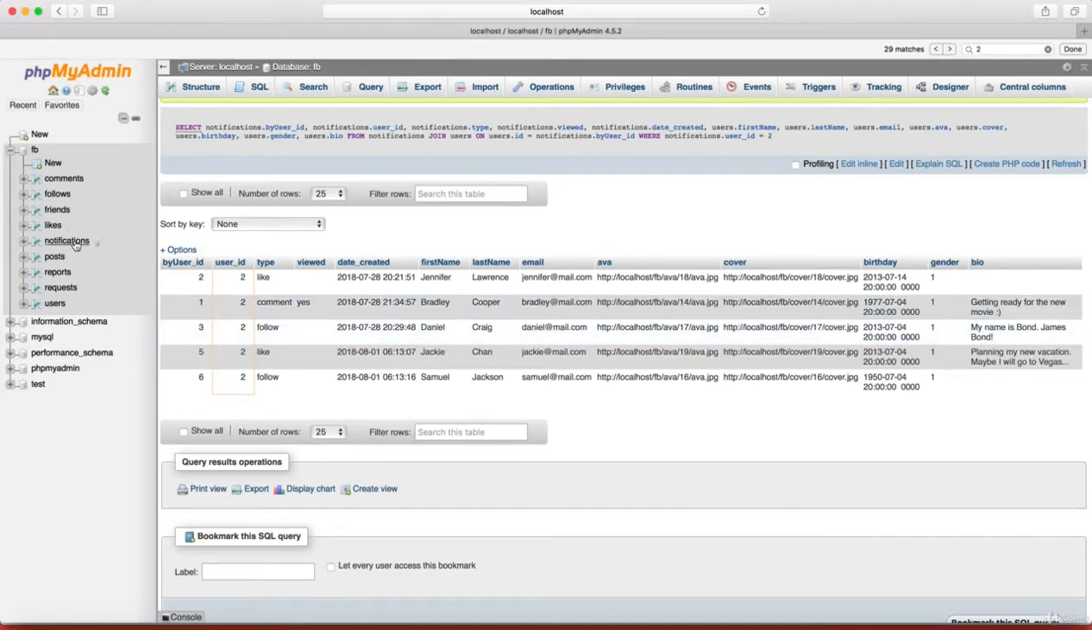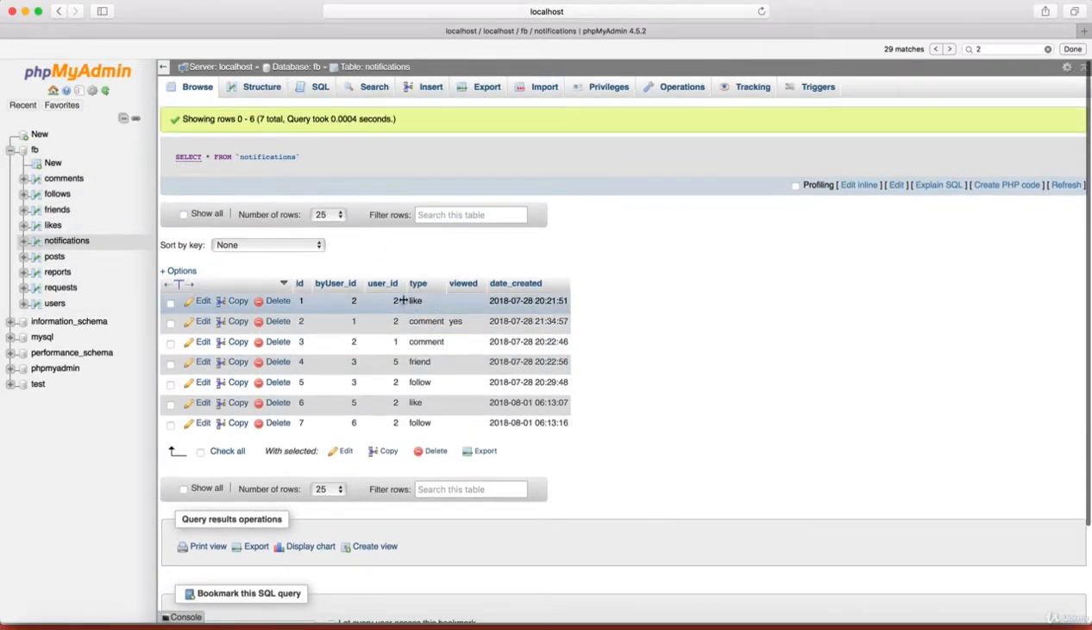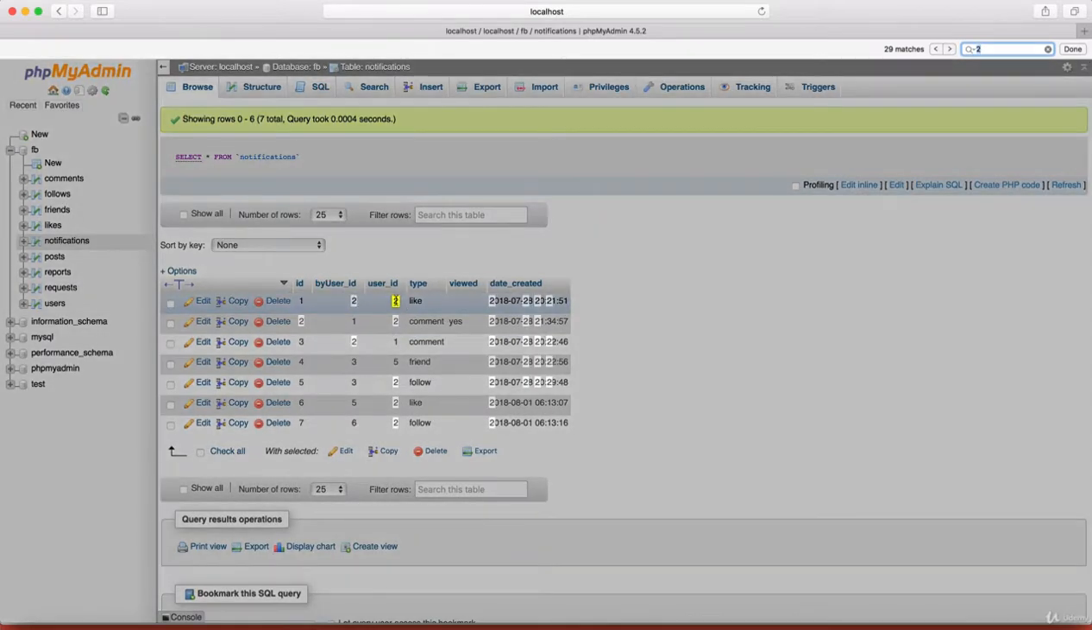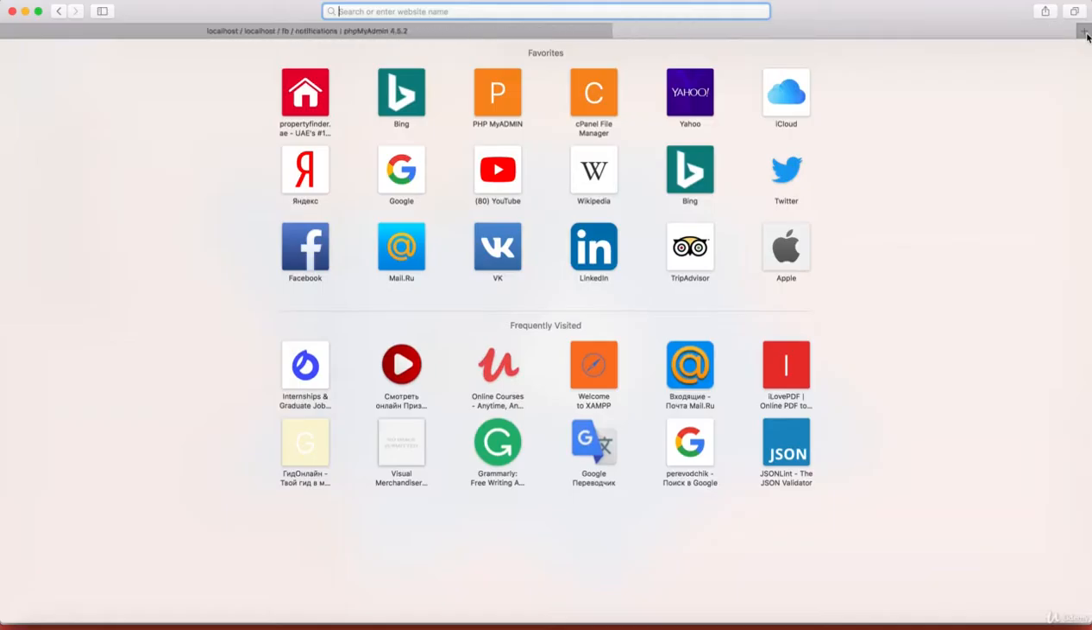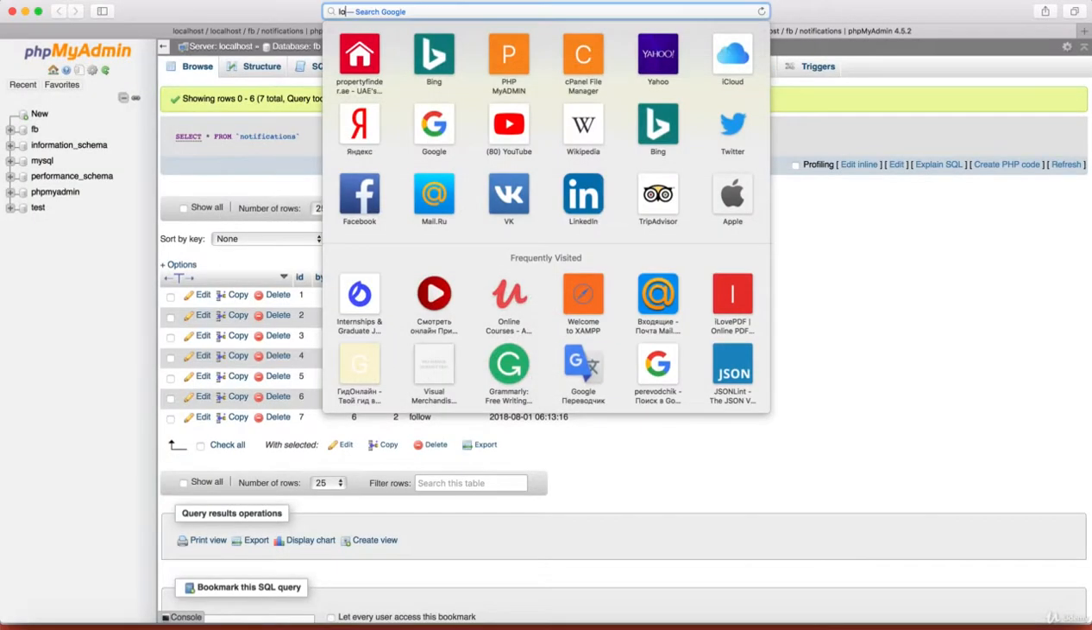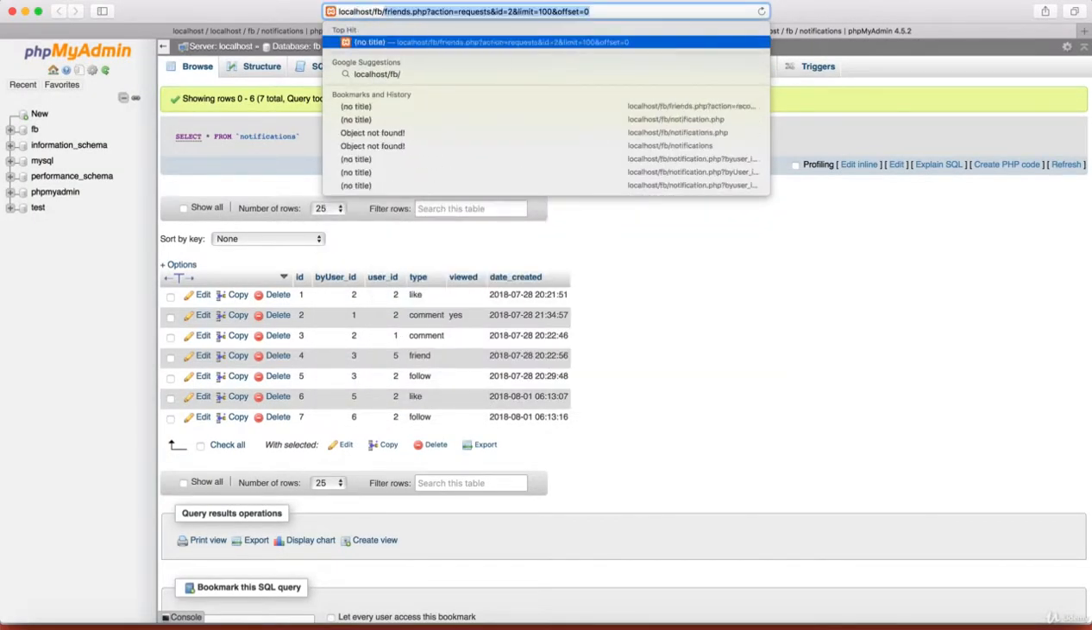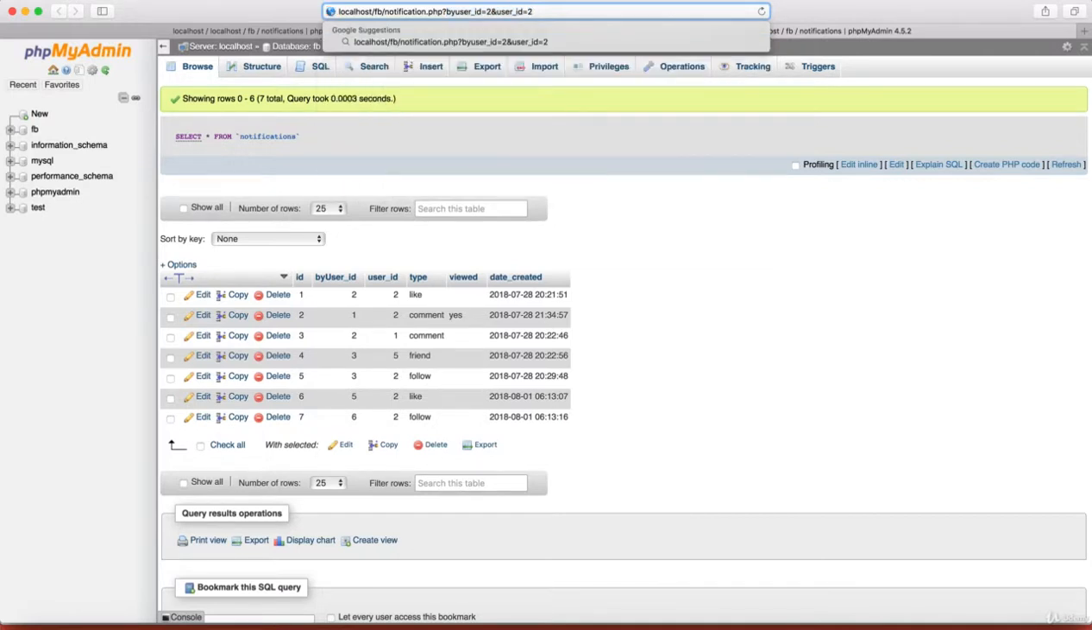Okay, so I'll go now to the notification. I'll take any notification, for example, by Jennifer Lawrence when she liked her photo. It has the ID 1. I will try to cast it as yes. Okay, so for that, what we need to do is execute a function manually, localhost/fb/notifications.php?userID=2, and type